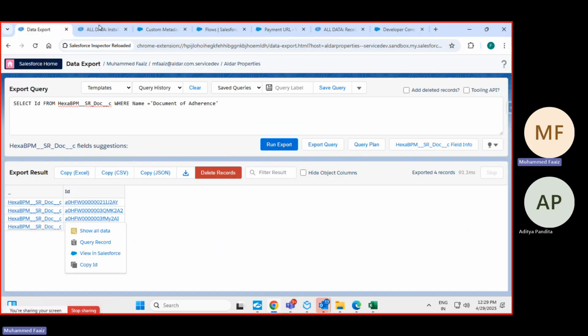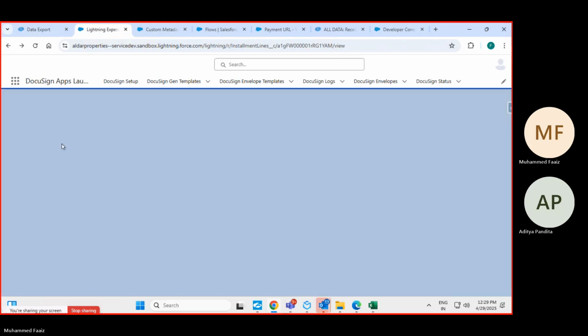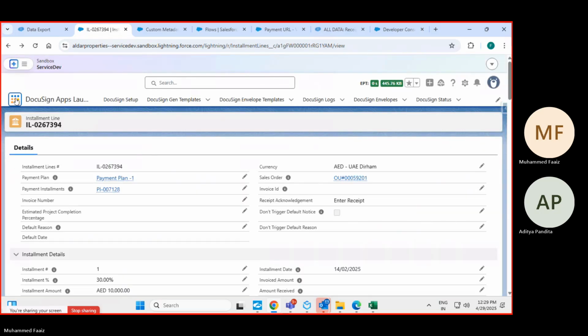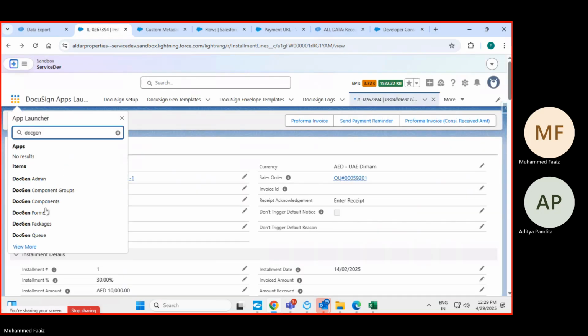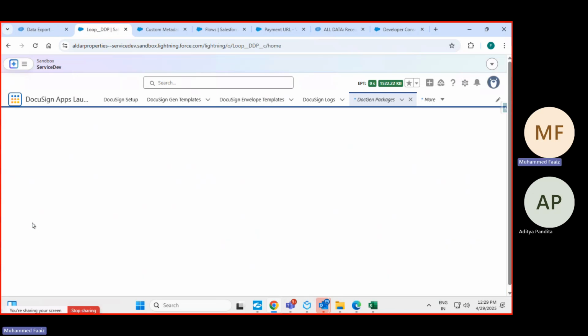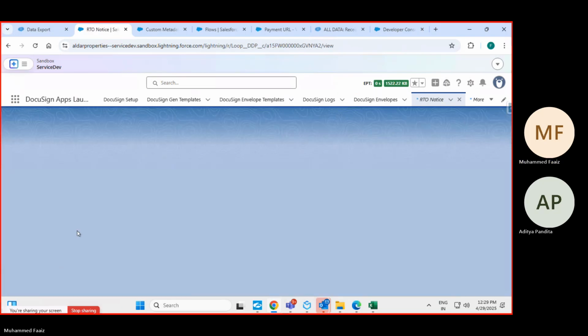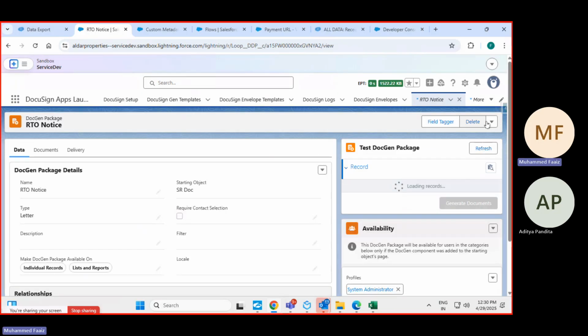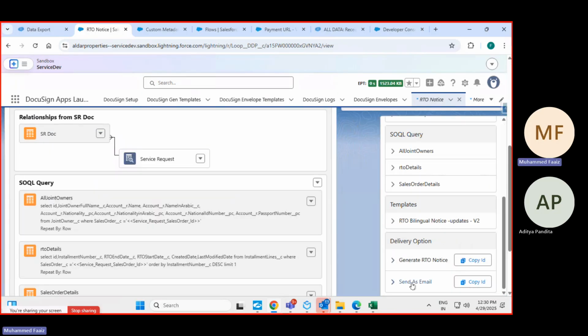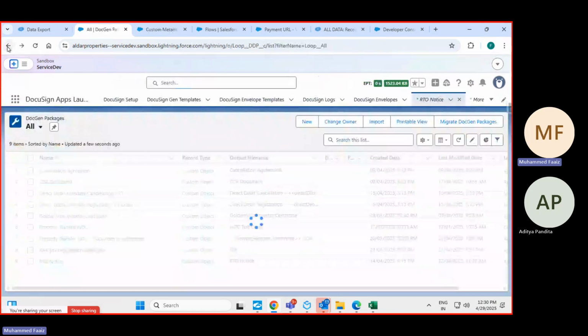In the Docchain package, let me open the Docchain package. There is one RTO notice. View metadata. Here, send as email, right? For the delivery option there are two options: generating the document, and sending as email. So when I go to the installment line,